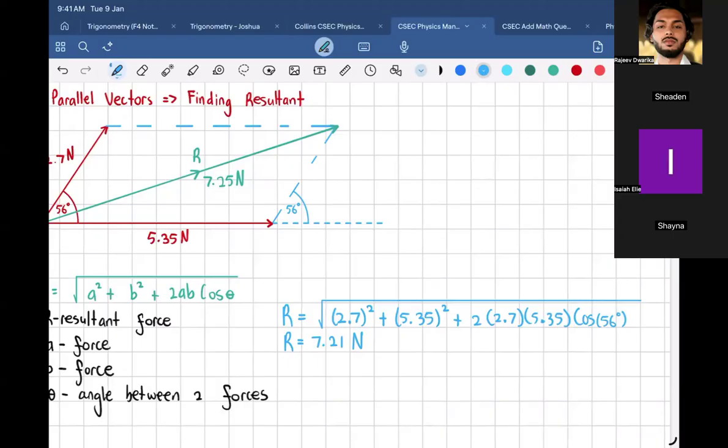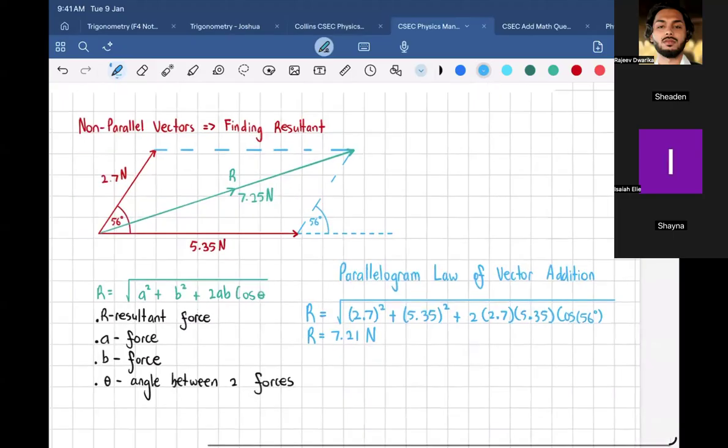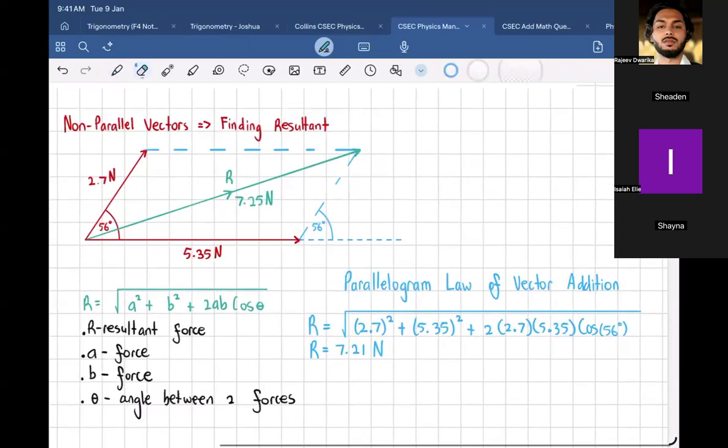And we call this the parallelogram law of vector addition. Right? So this is what we call this. Parallelogram. Isaiah, I presume you don't know this? No, you didn't know this? Well, okay, I guess you're learning some new stuff then. That's good.